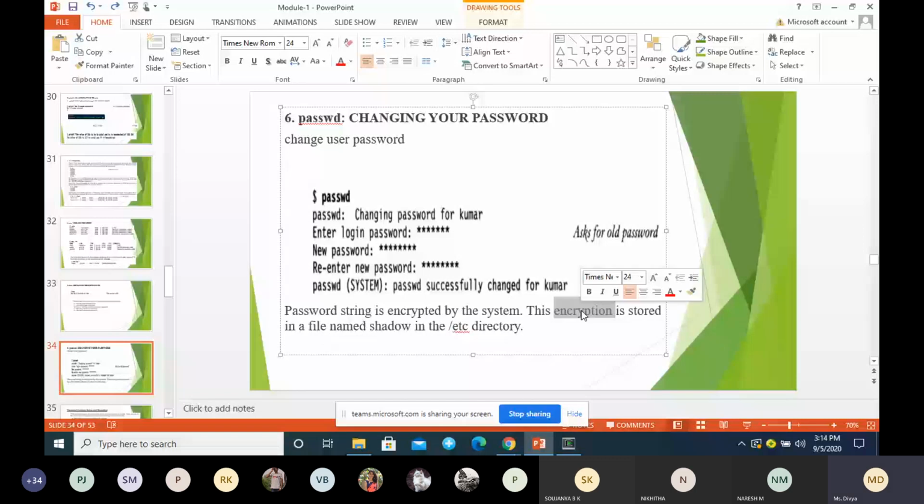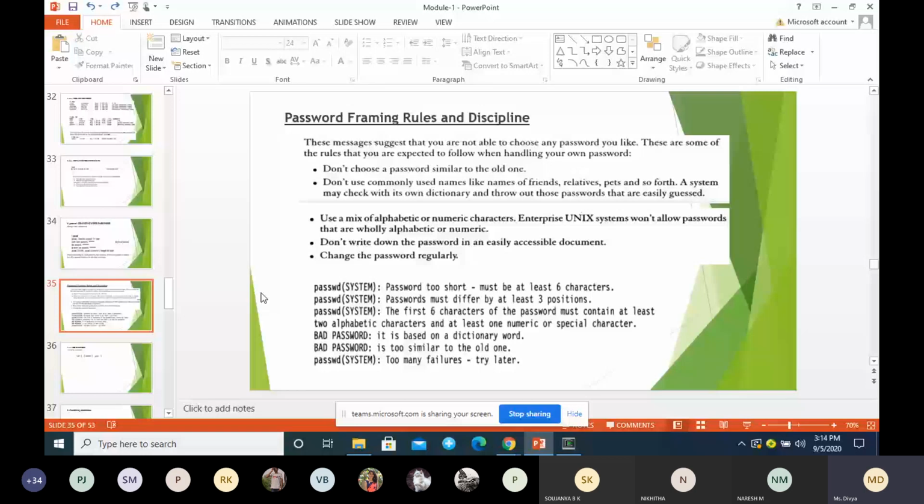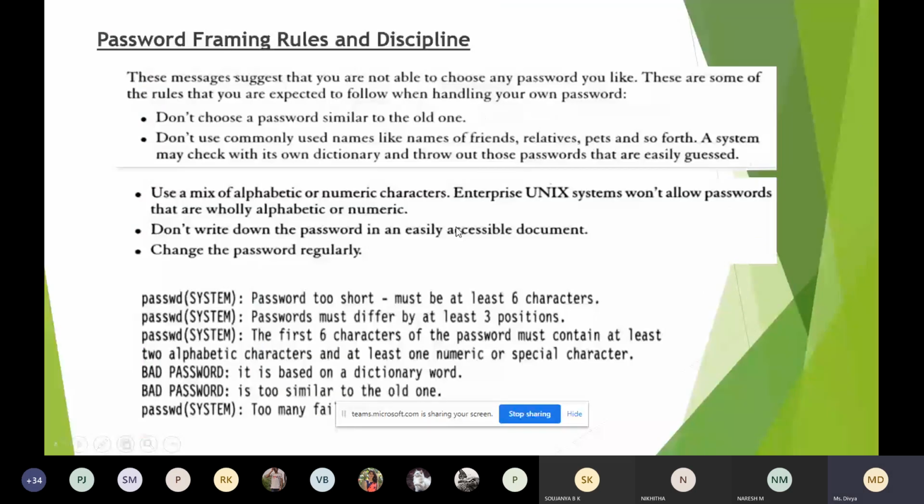While you are going for a password, you have to follow some rules and discipline. Same as when you set the password for any Gmail or Facebook, you follow some rules, similarly you have to follow rules here also. There are certain rules. The first thing is, don't choose a password similar to the old one.